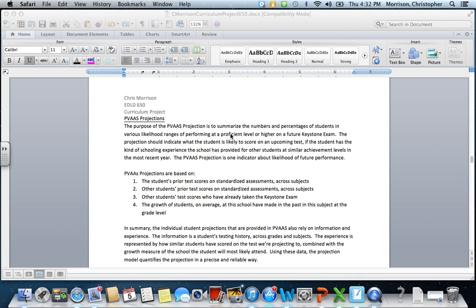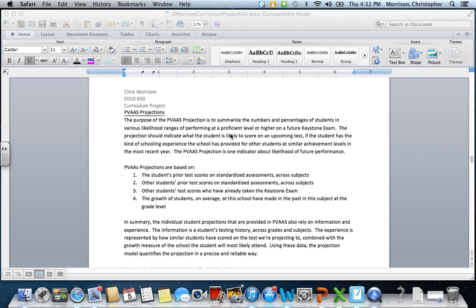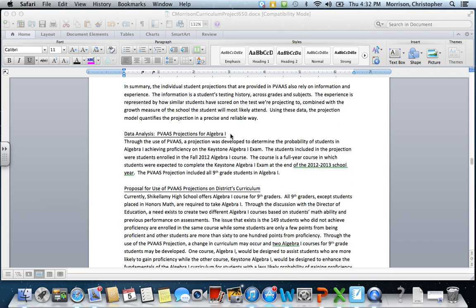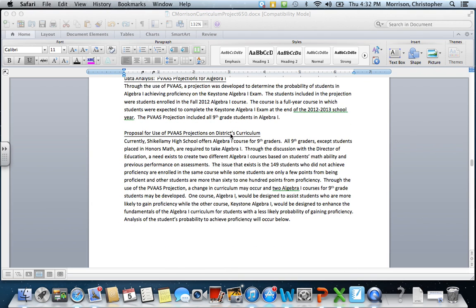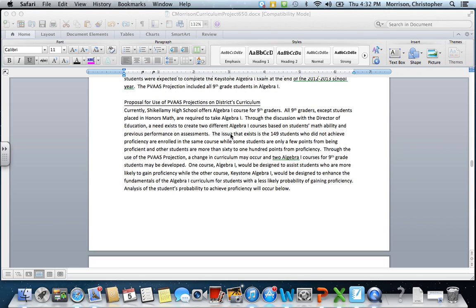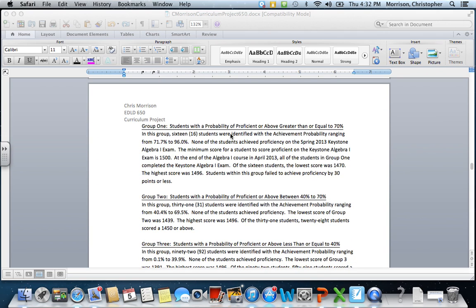The remediation course is already set up, but is there a need to do preparation so that maybe students who barely miss being proficient, if a preparation course was developed, would that preparation help the students gain proficiency and avoid having to be in a remediation course? So the PVOS data was one set of data that was used in the development of the proposal for a Keystone preparation course. And really, the data helped explain